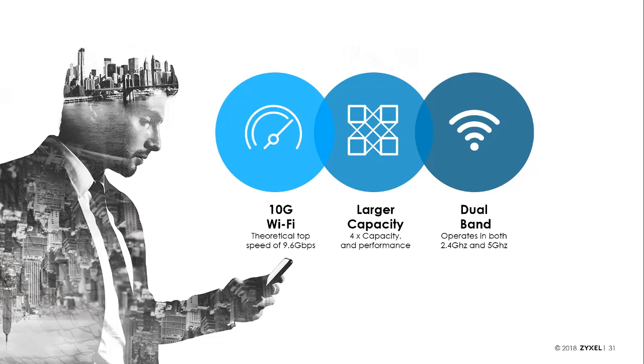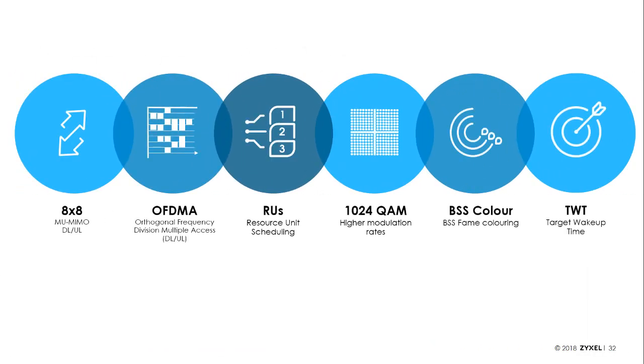So 802.11ax will also be dual band, so it will utilize 2.4 gigahertz and 5 gigahertz bands, unlike its predecessor 802.11ac, which only operated in 5 gigahertz. And while many people have said that 2.4 gigahertz is too congested, it really has no future, 802.11ax will bring more efficiency into this band and be very helpful to devices with lower power requirements, like Internet of Things, where we'll see density of devices but without the real requirement for high bandwidth. So that's the headline speeds and needs and feeds.